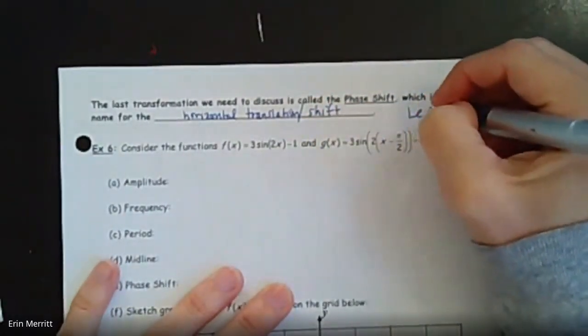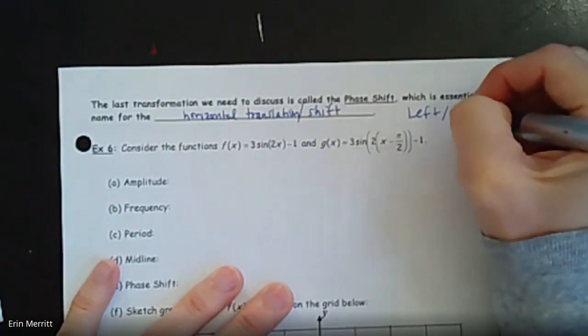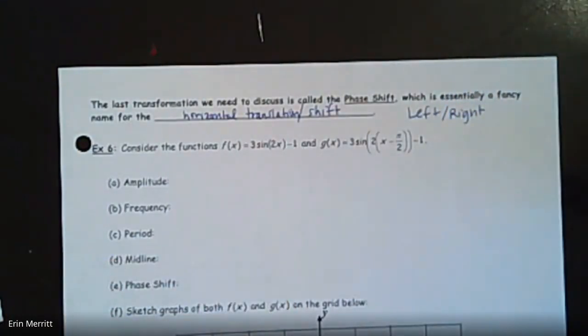So it means we're going left or right. You get it. All right. So let's at least play the game. If we break down